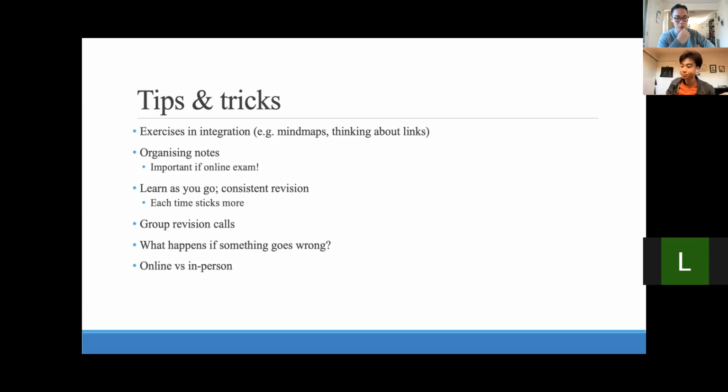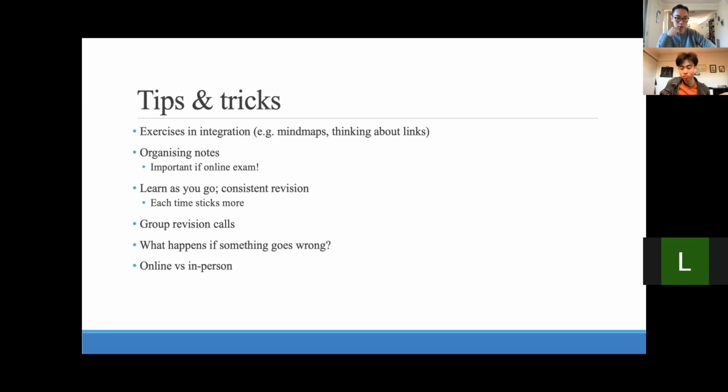I go through a chunk, and when I had time, go back through it, because they told us this in the lecture. They had a study where every time you look at a topic, you remember a bit more. So your knowledge of it will go up, time will pass, you'll forget a little bit, go back down. Then you look at it again, and it goes up, but then it plateaus at a higher level. You retain more over time, and you do it again and again, and it gets faster every time you revise.